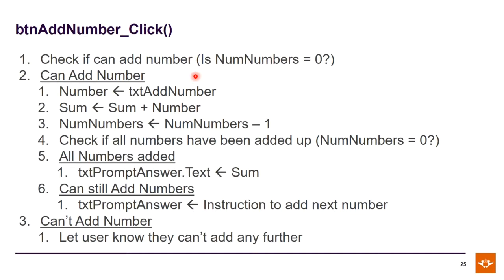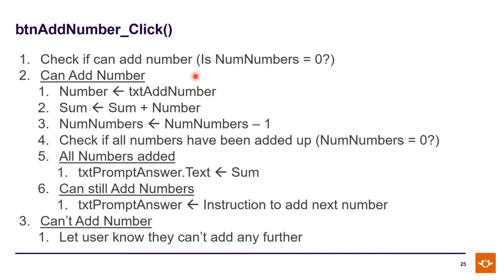Because if the num numbers is equal to 0 and you're sitting there thinking, what do you mean num numbers is equal to 0? So what I've done here is I'm using a countdown approach. In other words, remember in the first button you ask, how many numbers do you want to read in? And you say, I want to read in 3 numbers, all right? So on this button, I check to see if that number is at the moment 0. Why? Because I intend, and if you look through the rest of the code, I intend to change that num numbers by -1 each time someone enters a value. Does this make sense?